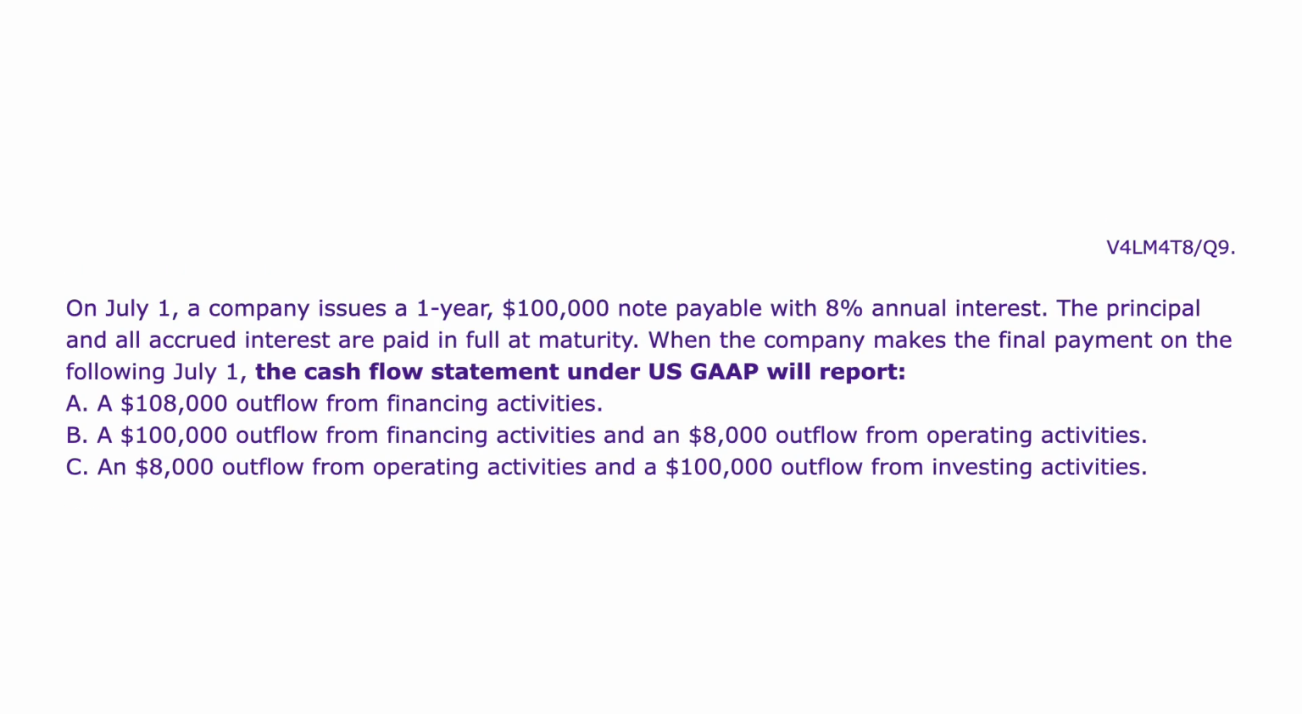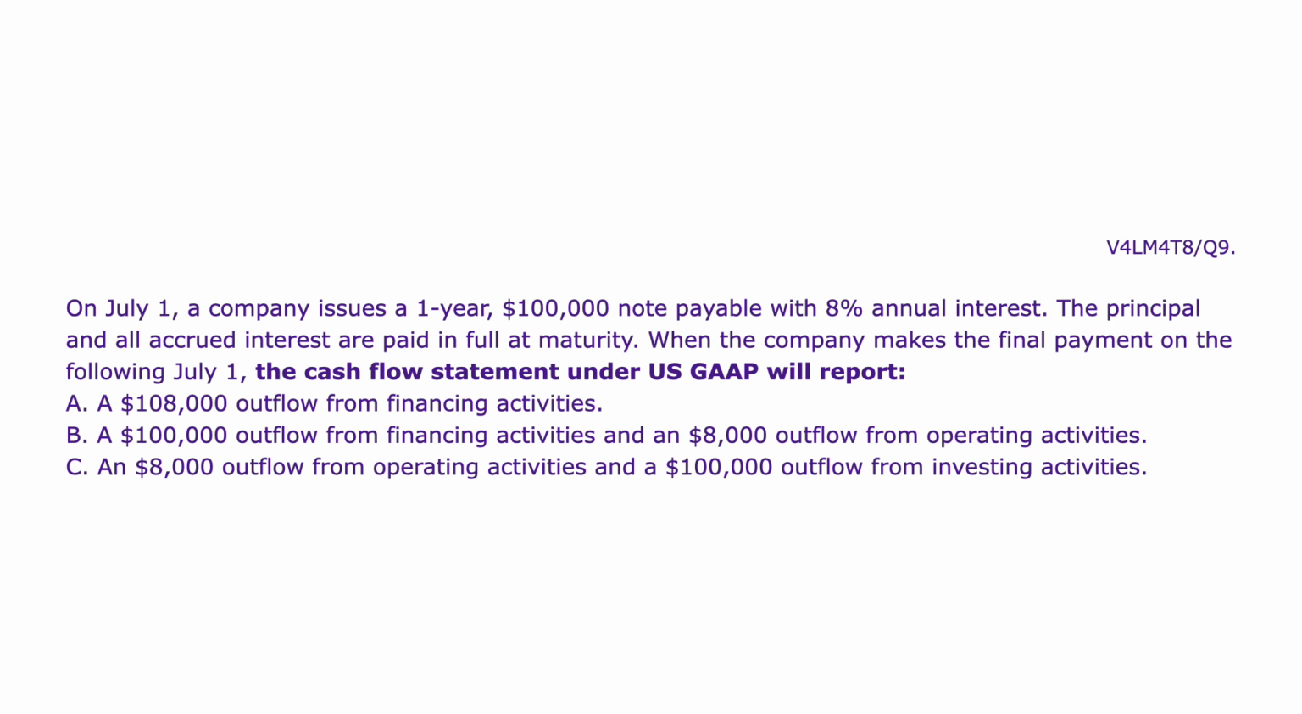On July 1st, a company issues a one-year, $100,000 note, payable with 8% annual interest. The principal and all accrued interest are paid in full at maturity. When the company makes the final payment on the following July 1st, the cash flow statement under US GAAP will